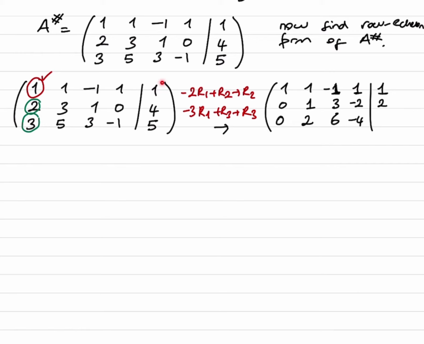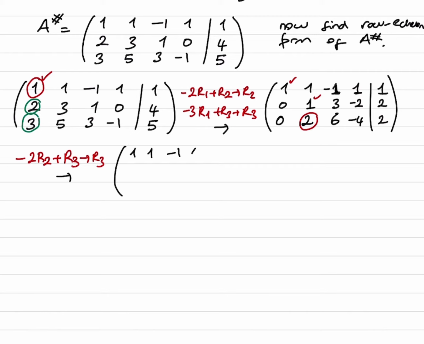What about here? Don't forget this side. -3 plus 5, we have 2 here. Great. Oh, we are here again. We are lucky because these are already 1. So we will make this 2 to be 0. How can we do that? -2 R2 plus R3. We will write it to R3 and we will get